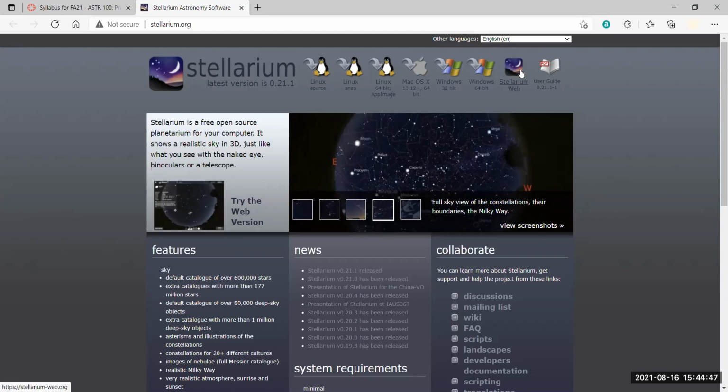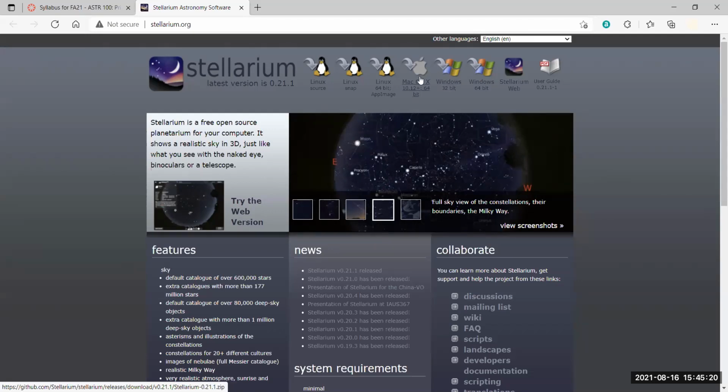You can use the web version directly from the internet, or you can download it on your computer. If you have Windows, there are two versions that you can download, either a 32-bit or a 64-bit. Most of the time, if you don't know which one is which, try to download the 32-bit, it should work fine. But if you download 64-bit and your computer is not 64-bit, it's going to tell you that this program is not compatible. So that means you have to download the other one, that's all.